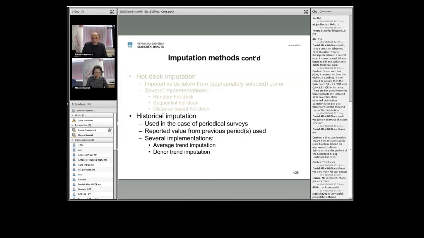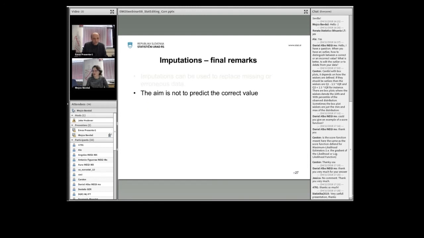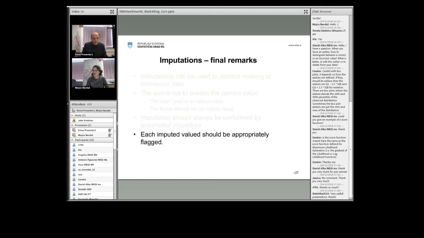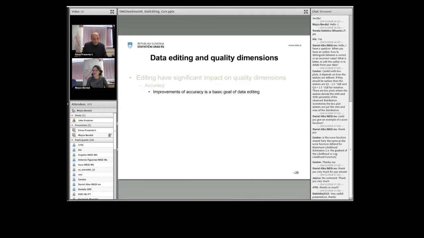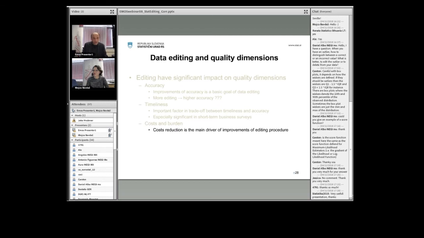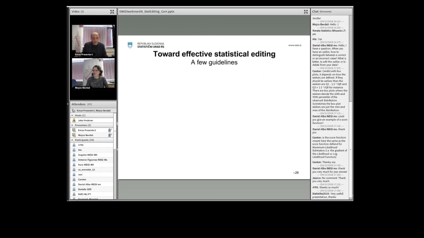I think we are running out of time now, so I will skip two slides, and you can look at them when you get the materials, and you can download them. I will just go to my last slide to conclude my presentation. Unfortunately, we couldn't cover all the topics, but as I said, it's a very wide area and it's impossible to cover this in 1 hour.